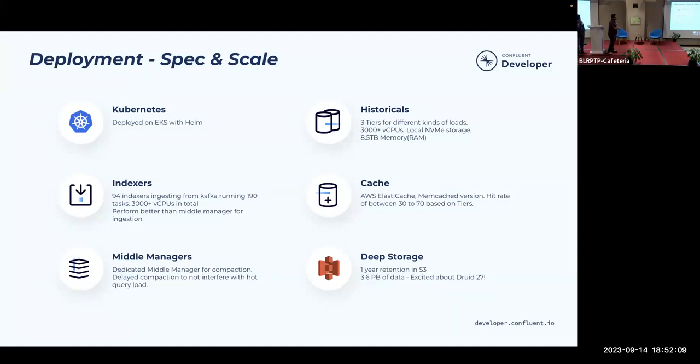Personally, I would like all of this data to be queryable, right? Because it helps support engineers, it helps your customer. But with Druid 27, there's a feature to directly query from deep storage. So pretty excited about that. But going by how Druid upgrades have been going for us, that's a long time.